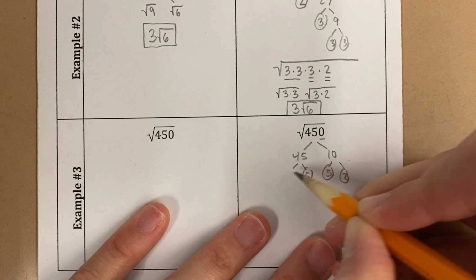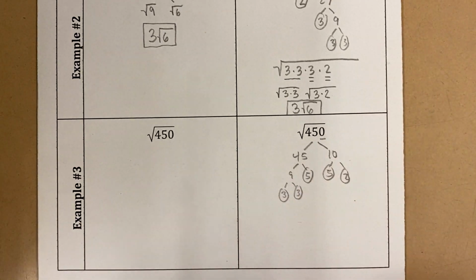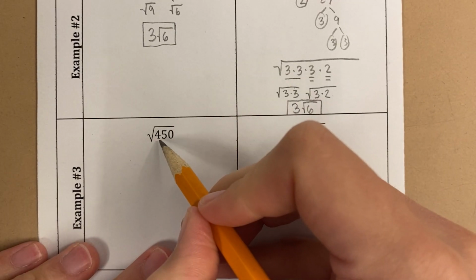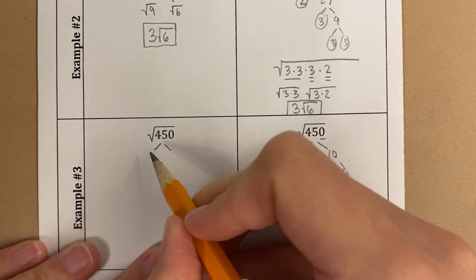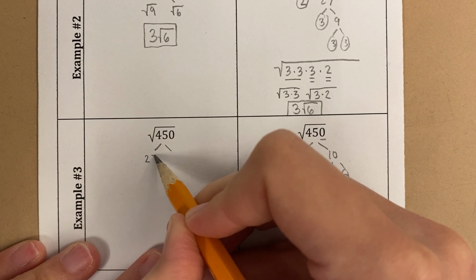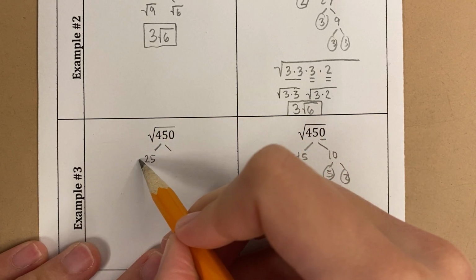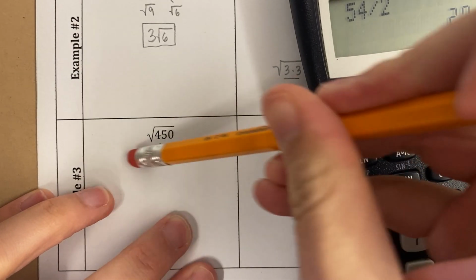Now, what you also might see, and you're going to see I'm going to get kind of halfway here and have a problem, okay? But you'll see what happens. I look at this and I think, oh, you know what? When I see a number ending in 50, I think of 25. Like 25 is a perfect square, right? So this is the same as the square root of 25 times, make this neater,